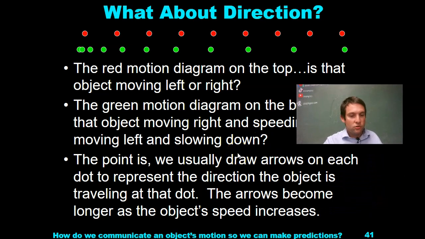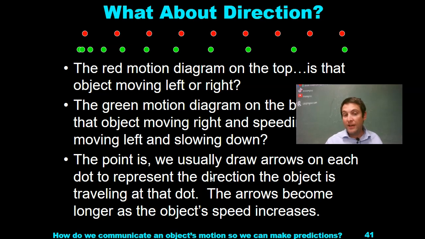We will usually draw arrows on each dot to represent the direction the object is traveling at that dot. The arrows become longer as the object's speed increases. We would say that the arrow represents the magnitude of the velocity. However long that arrow is, that is representative of your magnitude. So the longer the arrow, the greater the magnitude. The direction the arrow is pointing tells you the direction the velocity is going. So just by this one little arrow, you're able to give magnitude and direction for your velocity